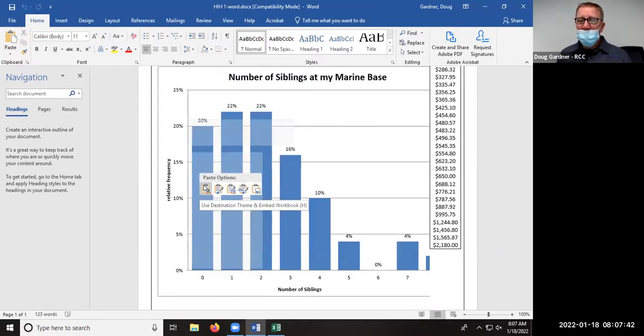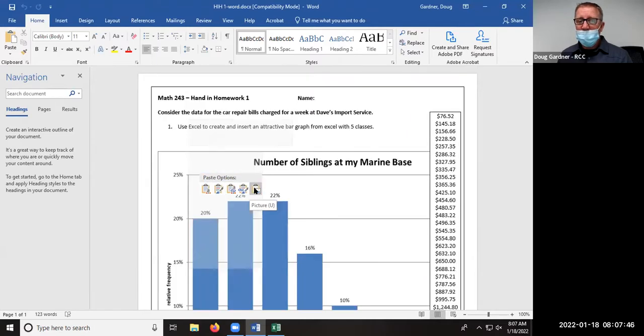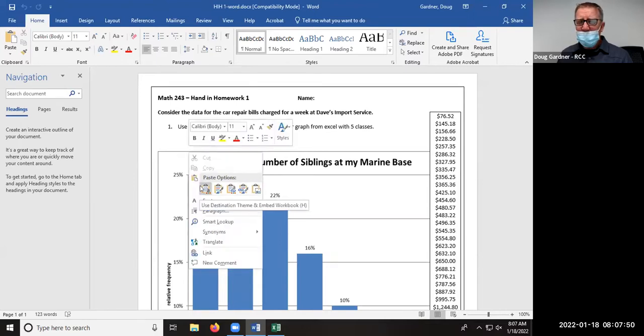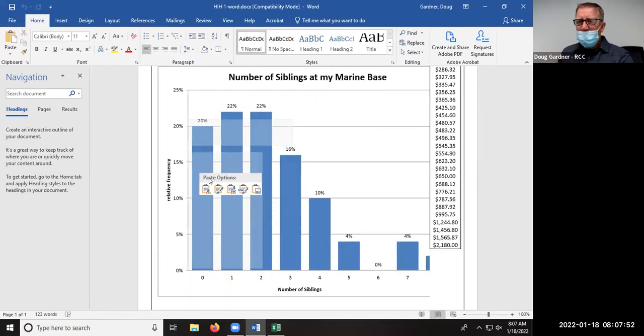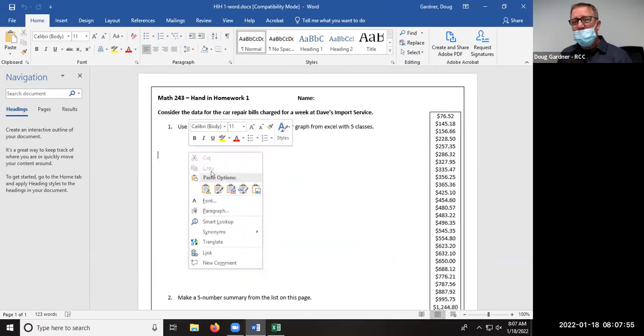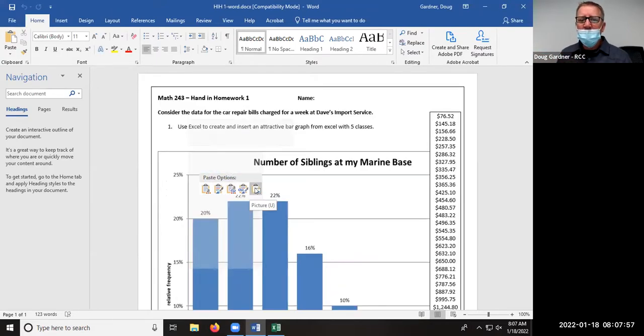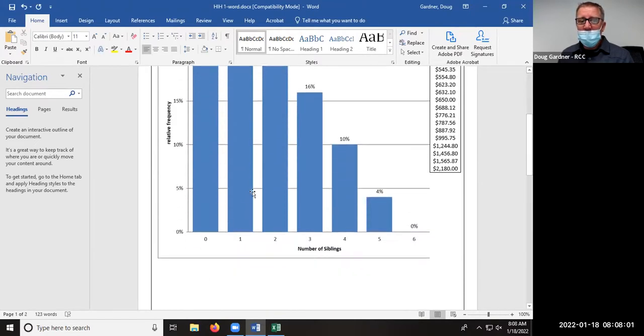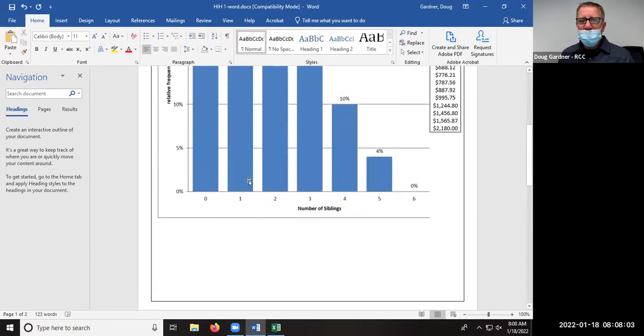This is kind of important to stare at. If I paste this, I kind of get everything, but one of the things that's nice to paste is just a picture right there, because if you paste the whole thing, you can still change everything. You can change the colors and they don't want to move around as much. So I'm just going to select the picture, although I don't care how it got there. Well, notice now it's kind of ready to go,